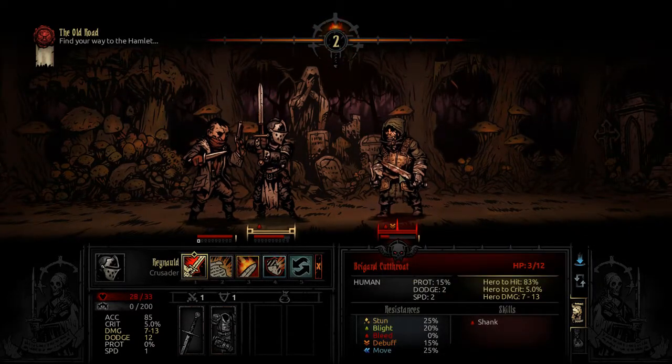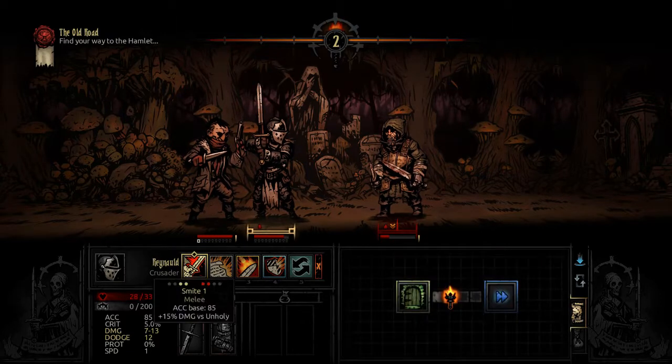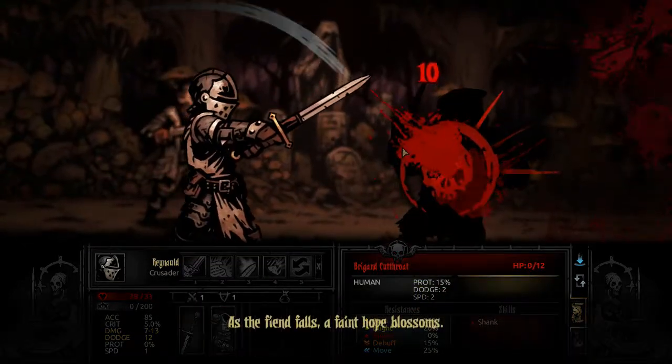One other thing you should note. See this guy? He has something called protection. What that means is that 15%, in his case, of all damage done to him will be... well, let me rephrase that. Anytime we do damage to him, it will be reduced by 15%. However, damage over time attacks, such as Bleed and Blight, which we'll see later on...